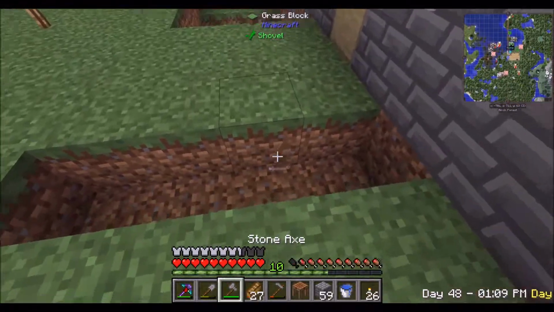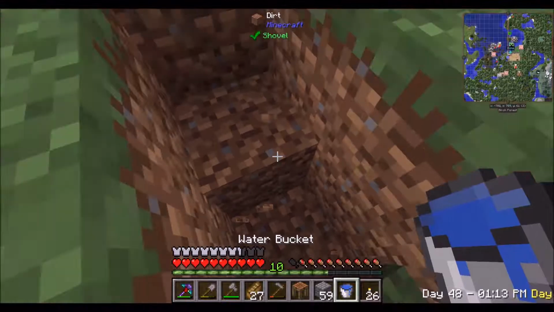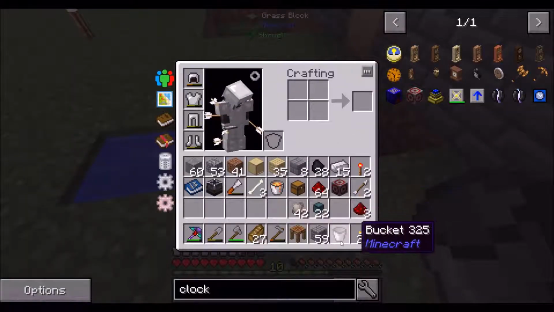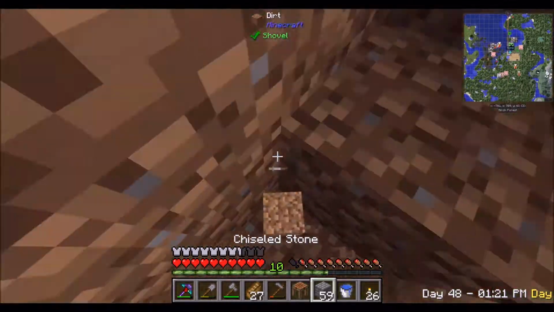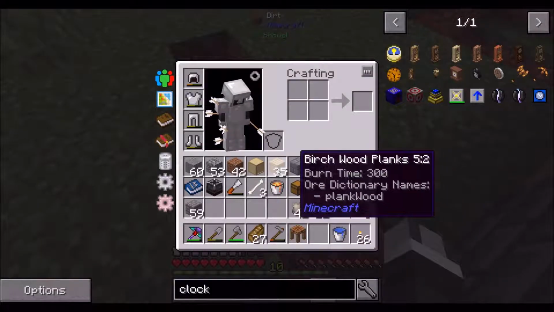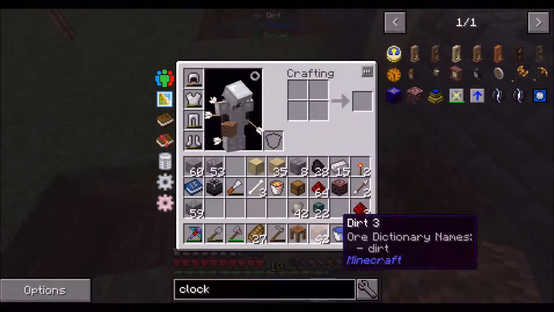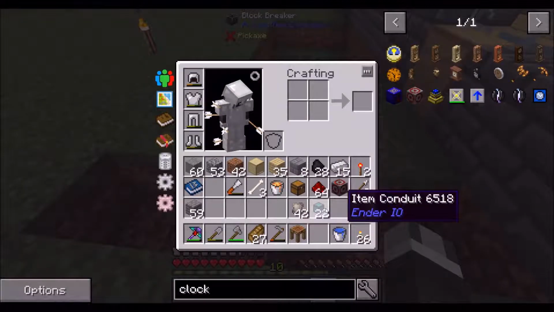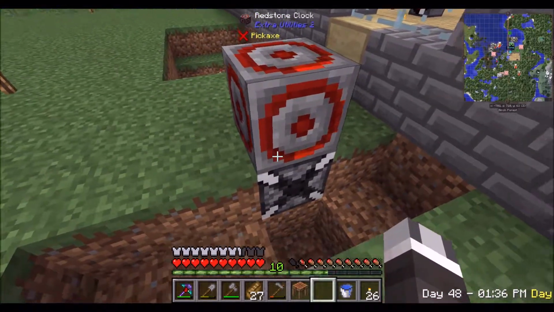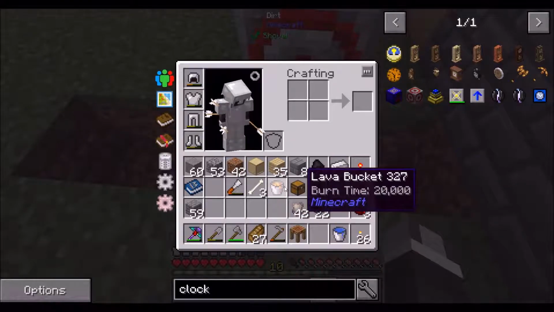Alright, so we're going to drop a water bucket here. And then actually no, let's reverse this because I'm afraid of burning down my base. Not the greatest thing. Okay, so block breaker will sit here, and I think it places down direction. Okay, there we go. And then we'll put our clock here. Okay, so now it's looking for something to break. And then we will drop